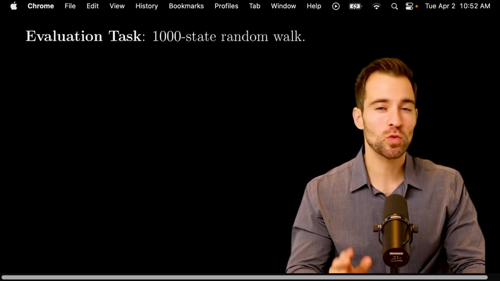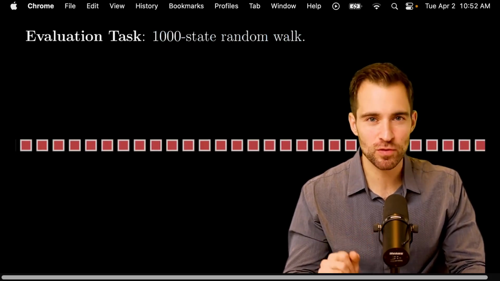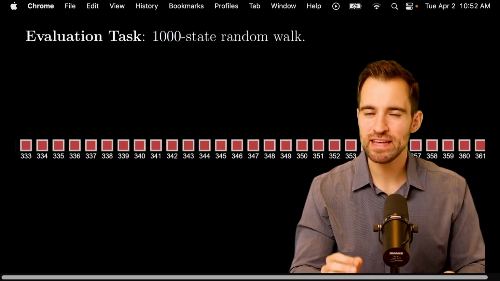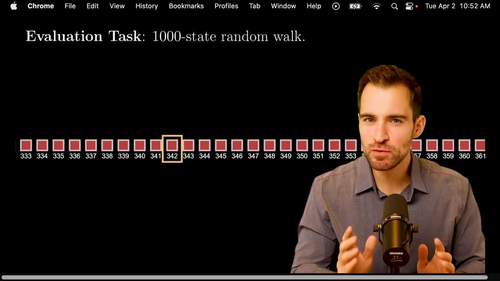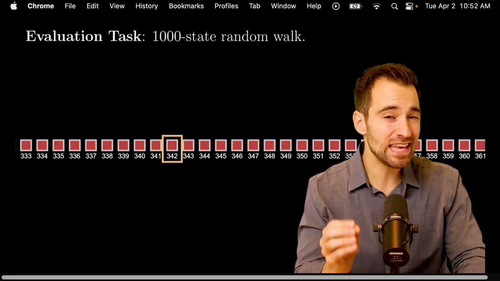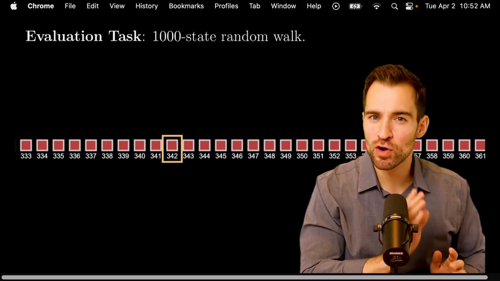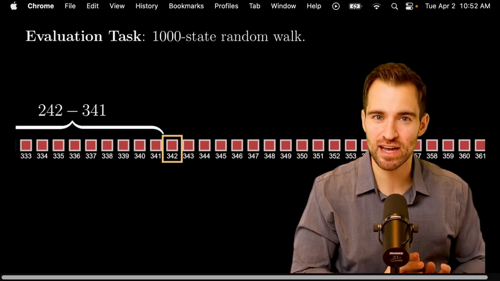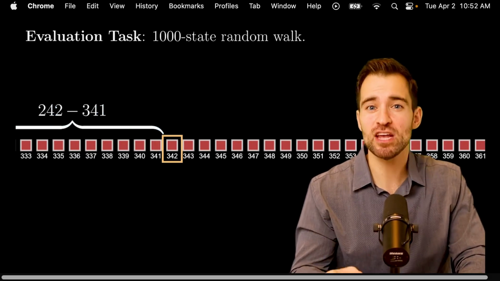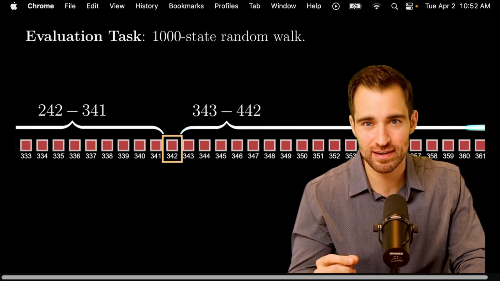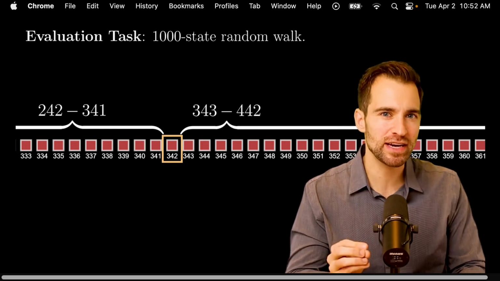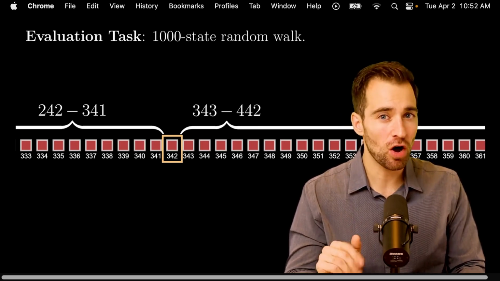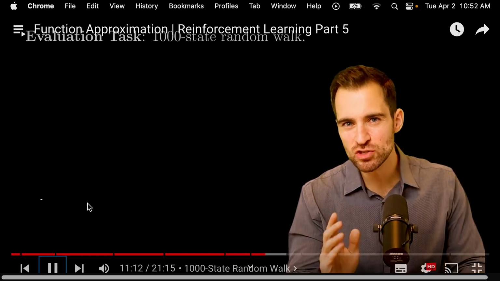adjustments. First, we have 1,000 states labeled from 1 to 1,000. Second, if the agent is at some state, then in the next transition, there is a 50% chance it'll land with equal probability in one of the 100 neighboring states on the left side. The other 50% is for the 100 states on the right side. The very left and right sides are terminal states, each yielding a reward of -1 and 1 respectively. All other rewards are 0. Now let's visualize the true